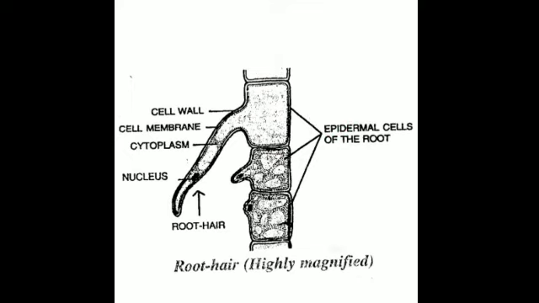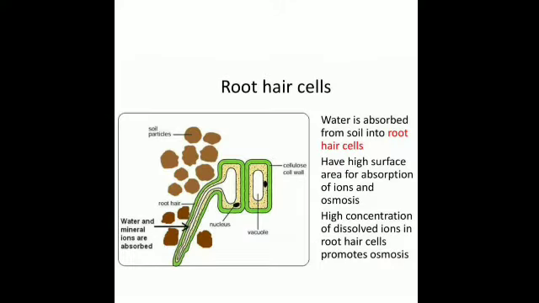And what are the features of the root hair that help in the absorption of water so effectively? How is this function performed? The first feature being they have a large surface area that allows more absorption of water. Is that clear? Just because of the presence of a large number of these root hair, the overall surface area of the root increases. For a single root, a single part, you have the area of this part only. But if there are root hair also, you are going to include the root hair area also. That means the absorption surface will become more, the surface area will be more, and more absorption of water will take place.